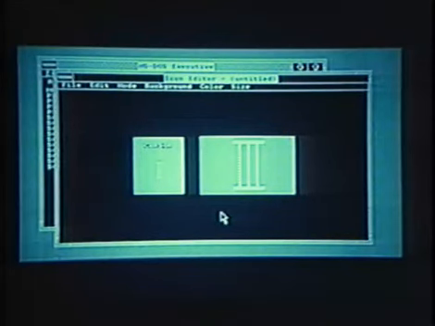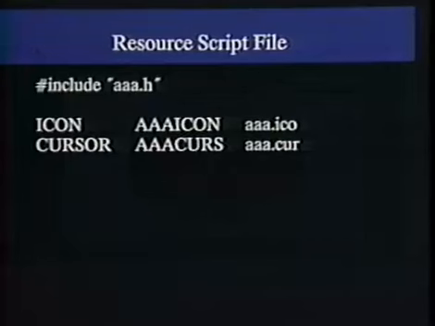Bitmaps, cursors are built the same way with the icon editor. So the icon editor has three modes of operation: building icons, cursors, and bitmaps. So you build the cursor exactly the same way. Within the icon editor, you draw it out on your drawing surface, you save it as a file, and then